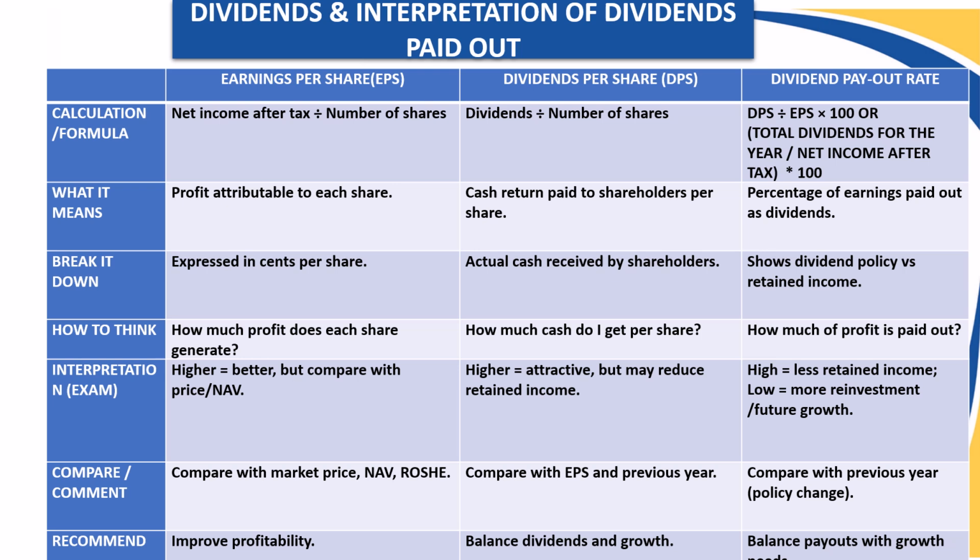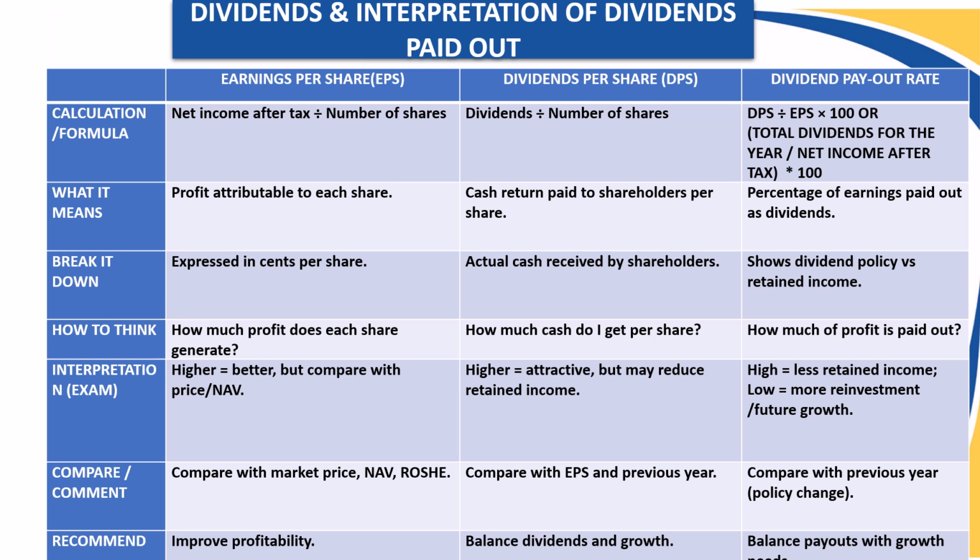You can also take the total dividends divided by the number of shares if there was no change in the shares. But if we have bought back shares, or we had issued new shares, then we had a change in shares. Therefore, we will have dividends per share in the interim dividends, dividends per share final dividends, and then we will add the two to get the total dividends per share for the year. If there was no change, we will only take the total dividends and divide it by the number of shares.